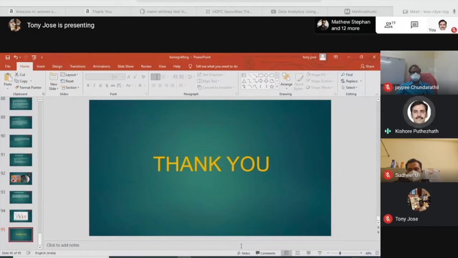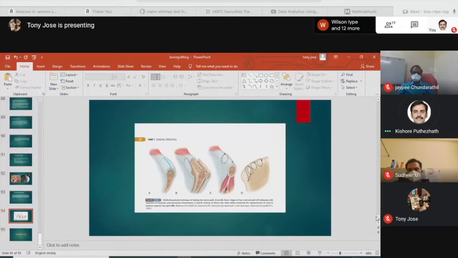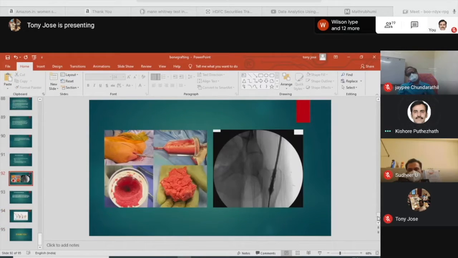Tony, I would like to clarify one thing. Yesterday we were discussing different types of bone grafts, and they could be either autograft, allograft, xenograft, or heterograft, or bone substitutes. So bone substitutes do not come under heterografts. Bone substitutes are usually artificial bone or something that mimics the properties of the bone.